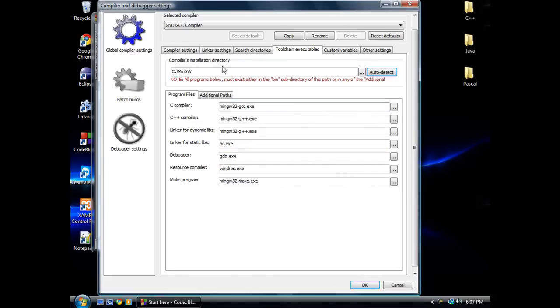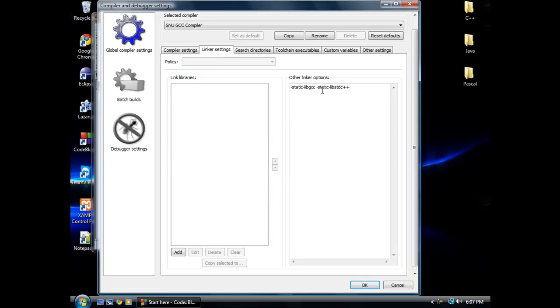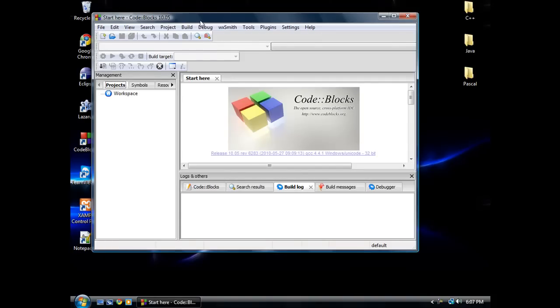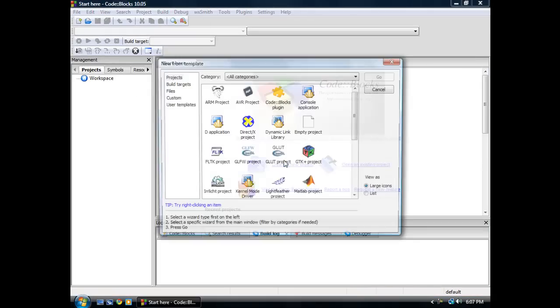Hit OK, and then you want to go to your linker settings and add this. It will be in your description. Basically what this does is it makes it so you don't have to add this specific DLL file to your project folder every time you build. It's really worthwhile. Hit OK, and just to make sure this works, we're going to create a new quick project,